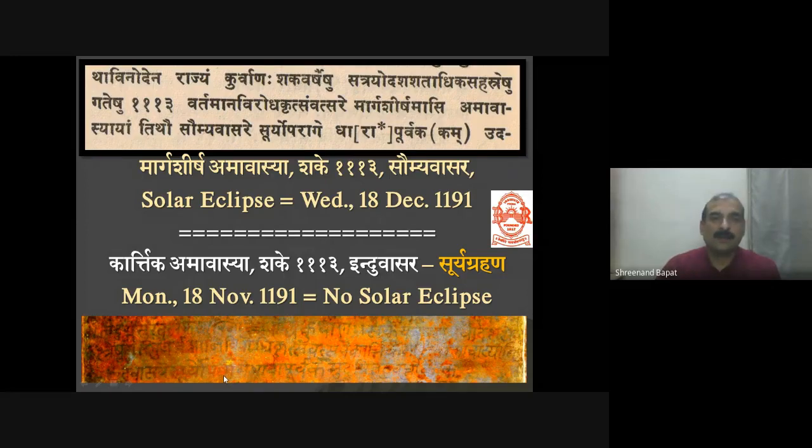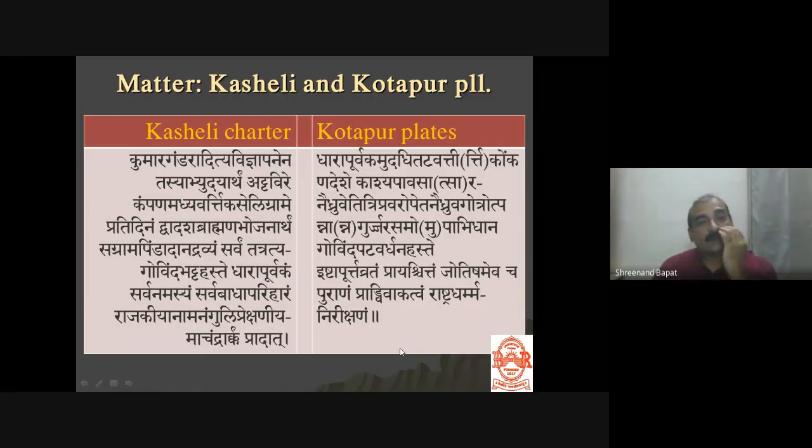Okay. Now, how about the matter of the Kasheli and the Kotapur charter and plates? So Kumara Gandaraditya Vinyapanena, the Kasheli charter says. So by the request of Kumara Gandaraditya, Tasya Abhyodayartham, for his welfare, Attavire Kampana Madhyavarti. So there is Attavira, that is today's Adivure, that was a Kampana, and in the center of that, Kasheli Grame,